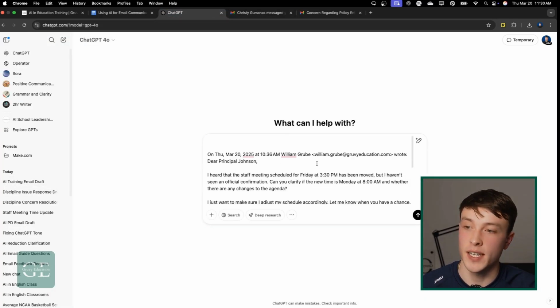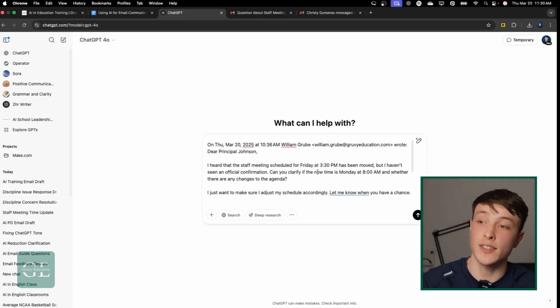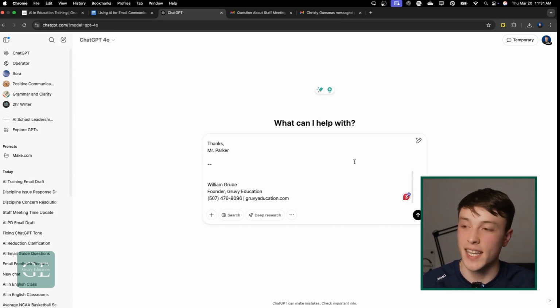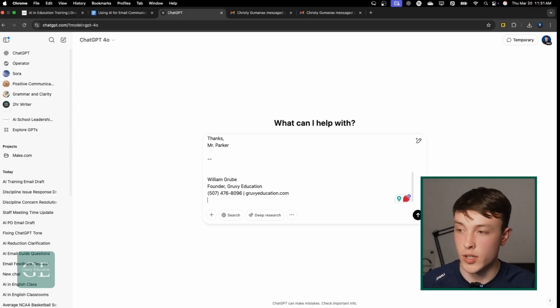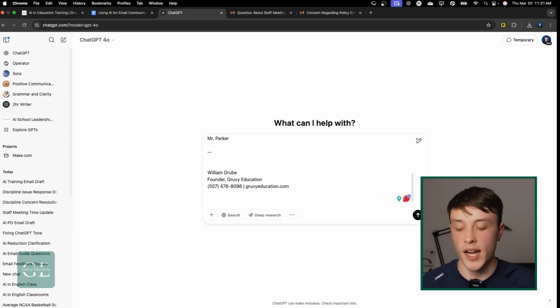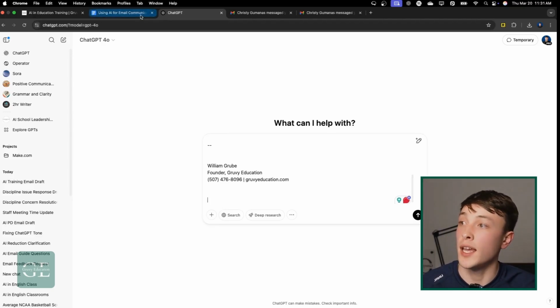And now ChatGPT has all this context. Again, if it has a student name in it, or a student email in it, or a parent name, or a parent email, we would want to take that out. And then under this, I'm going to do a shift, return, return. This is going to give me new lines. If I were to just click return or enter, it's going to send it through. But if I do a shift, return, it's just going to give me a new line.